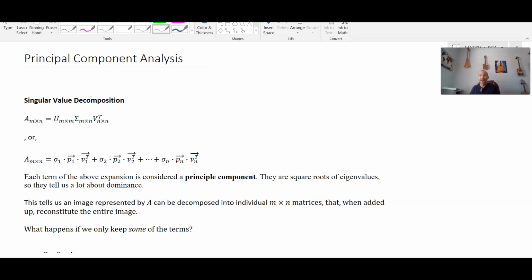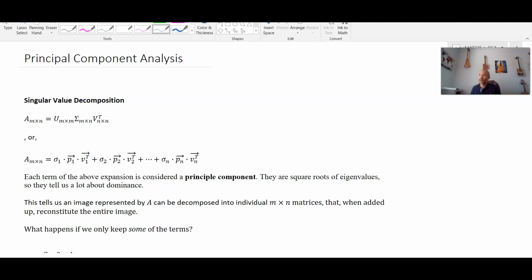Now that we have a foundation in working with the singular value decomposition, we're prepared to see how powerful this can be in working with images and compressing images. So first of all, recall that we can decompose a matrix of size m by n, which does not have to be a square matrix,